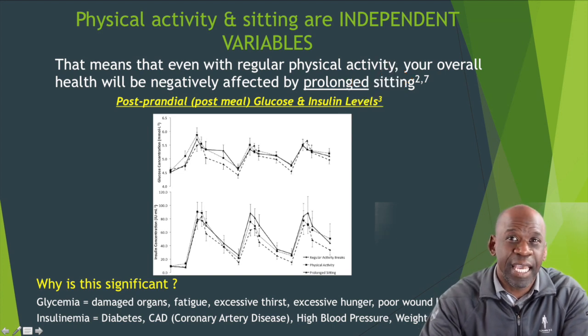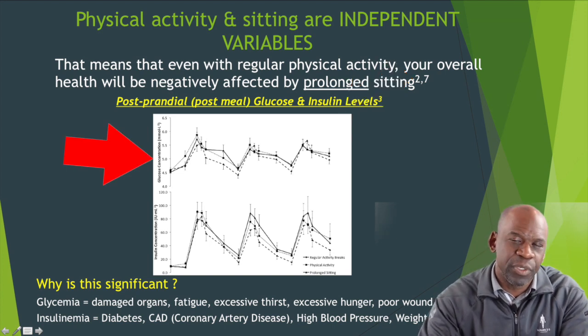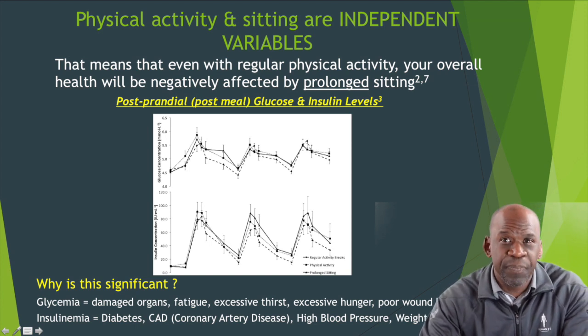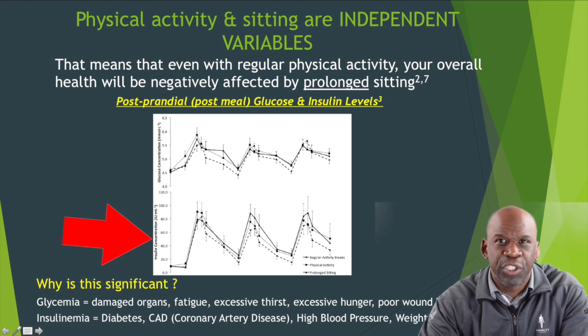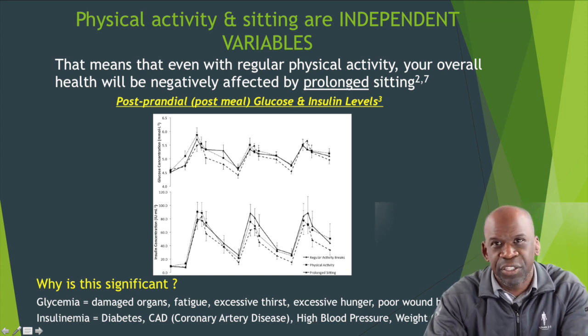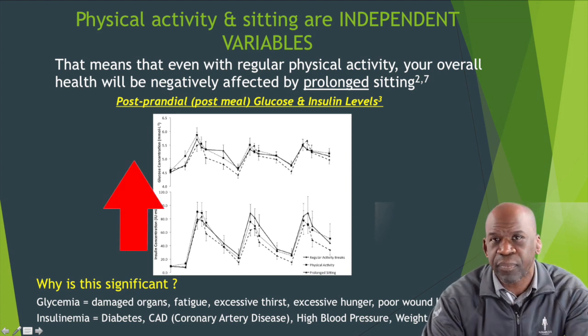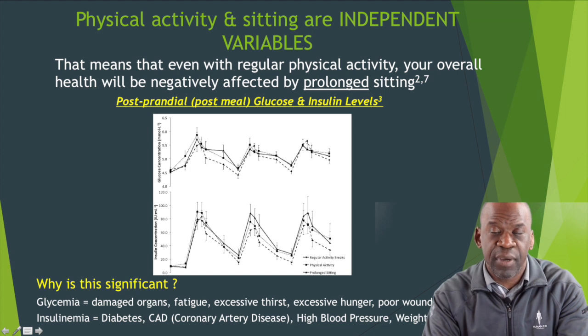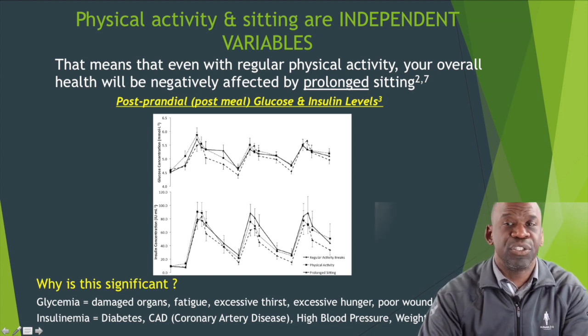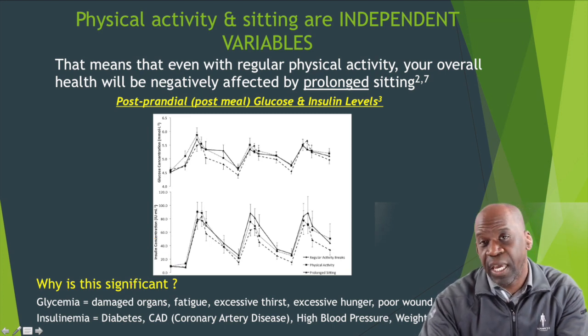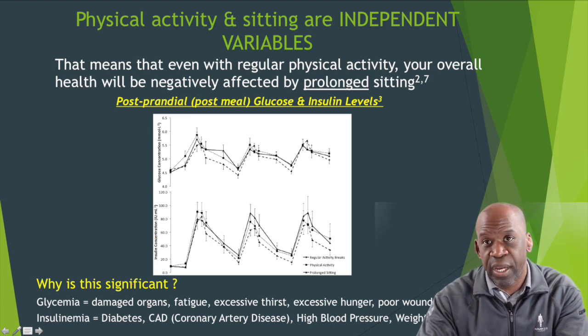Here, this graph is looking at glycemia in the top graph, which just means glucose in the bloodstream, and insulinemia, which is the bottom graph, which just means insulin in the bloodstream. And on the left-hand side of each graph, the amount of glucose on the top graph or the amount of insulin on the bottom graph increases from bottom to top. And as we move from left to right on each of these graphs, we basically move through time points during the day. So we have the morning on the left-hand side of the graph, and we have the evening and the night on the right-hand side of the graph.